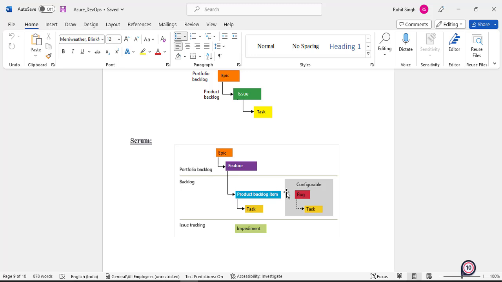So can you define issue and bug for me in simple layman terms? Not a typical definition, but in simple layman terms, what could be an issue or a bug? An issue can be said to be, for instance, you're trying to access a website and you're getting maybe a 504 or you can't reach the server. That can be said to be an issue to be fixed. Maybe you're on a page and you're trying to put something in a cart, maybe you want to put 2 items, 3 items, and you can't. That we can say is a bug.